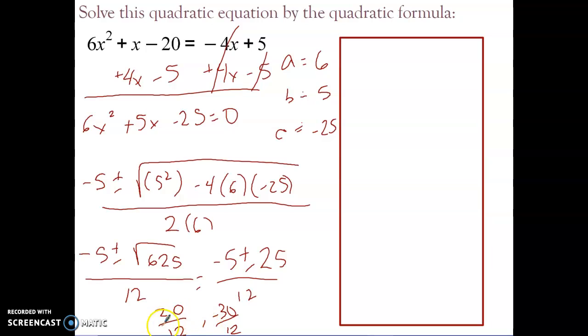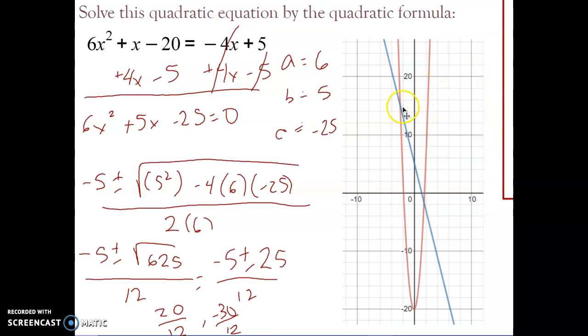Now I would need to simplify both of those, because they both are able to be simplified. And notice that we cross 2 times. This time I